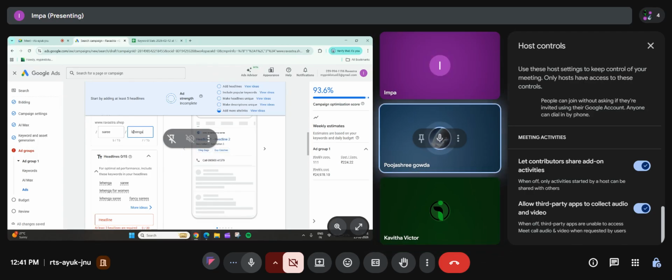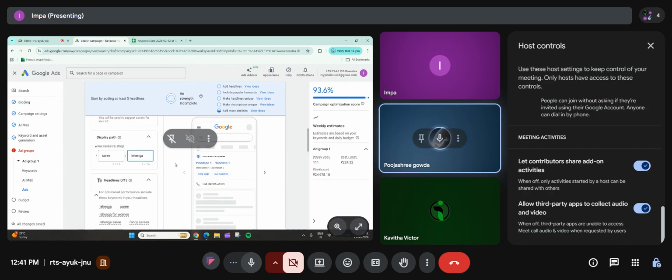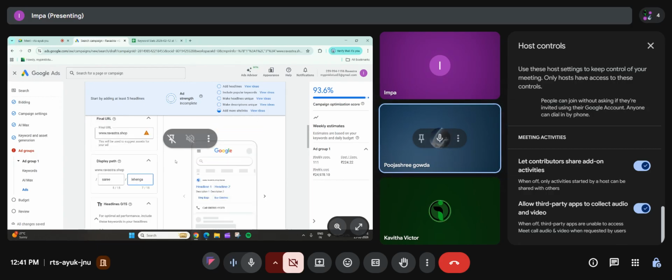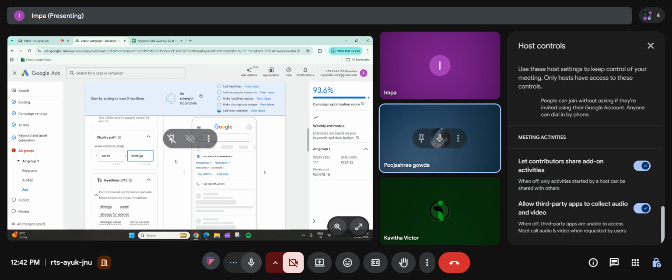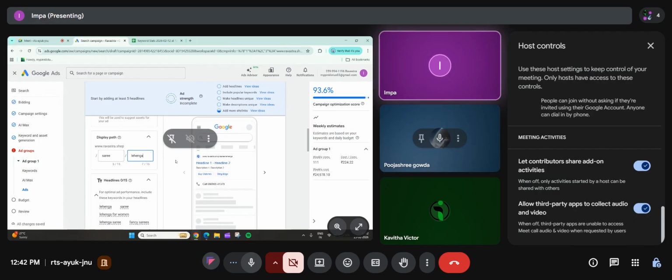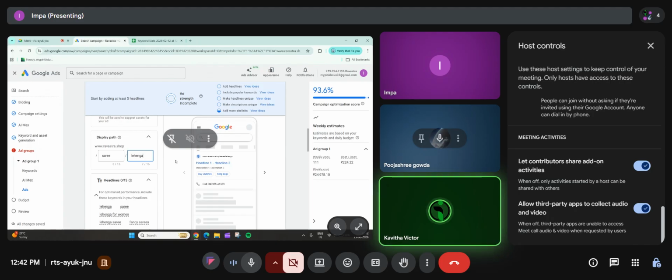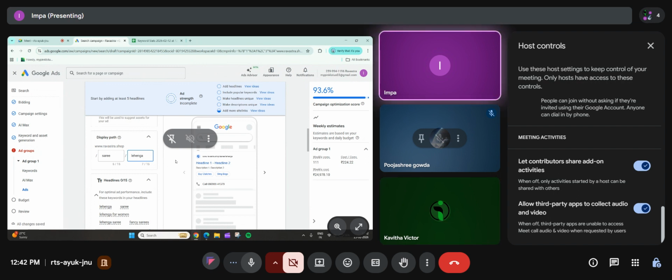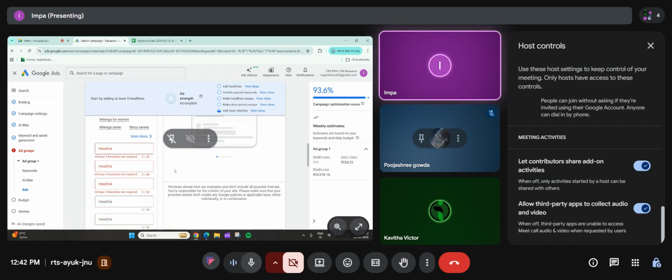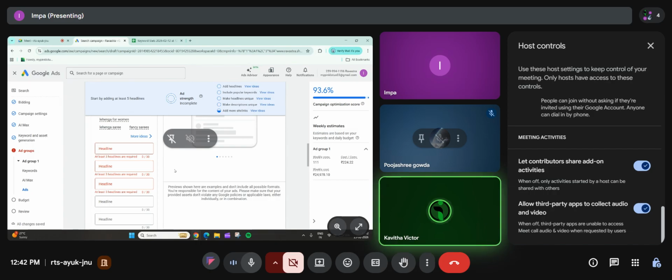Ma'am, here in the description they have given, they are showing it in the mobile, how it displays. Now scroll down to headlines. So there you have the options. Scroll down, headlines. So at least three headlines are required. So utilize all the boxes and write the proper headline and description for the ad.